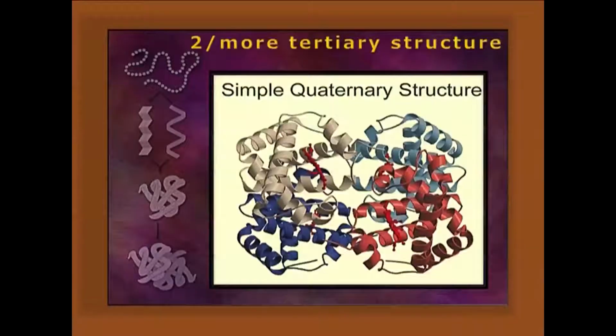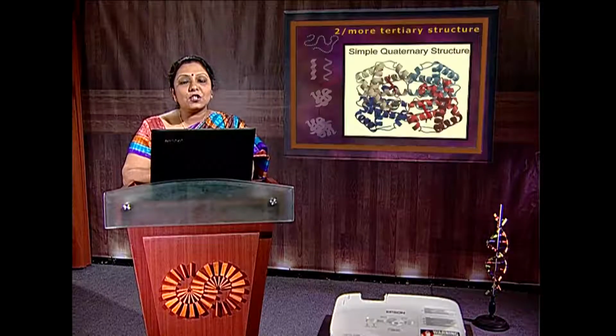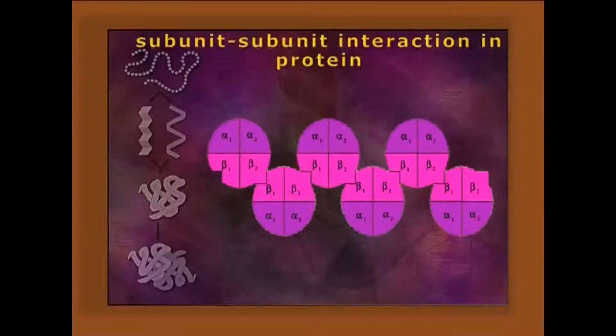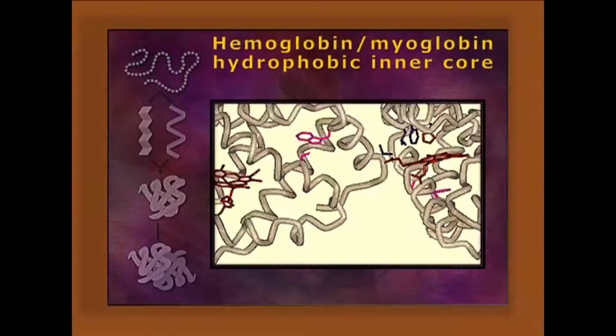Quaternary structure. It is the fourth level of organization of protein. This can be present in some proteins and cannot be present in others, where the tertiary structure is the optimum. Two or more tertiary structures can be present and combined for the function as well. Here we can find subunit interactions. They may be the same subunit or different subunits. Myoglobin has 153 amino acids, and hemoglobin has alpha and beta chains. Alpha chain has 146 amino acids, beta chain 141 amino acids.